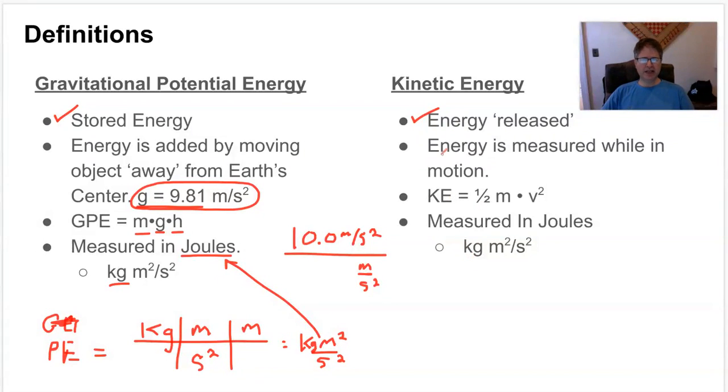Now, potential energy, I said that's the energy released, or the energy in motion. Motion makes us think velocity, and that's the important part here. This doesn't really necessarily have to do with gravity. This is in motion. Now, we are also measuring joules, which would mean we should have the same units. Let's see if that works out. So if I take my kinetic energy,